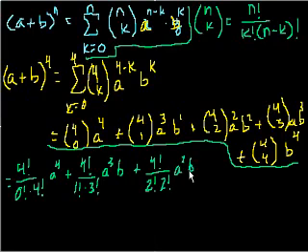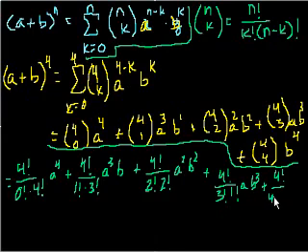A squared b squared plus 4 choose 3, that's 4 factorial over 3 factorial times 1 factorial, since 4 minus 3 is 1. A b cubed,